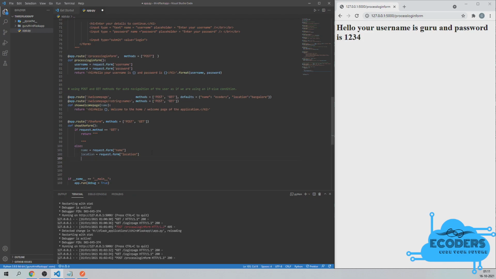And we are going to show it on the screen. So I'm going to say return. You just have to redirect me to the welcome page. So I'm going to use the function redirect, which is an inbuilt function in Flask, and inside that you are going to pass one more function called url underscore for.